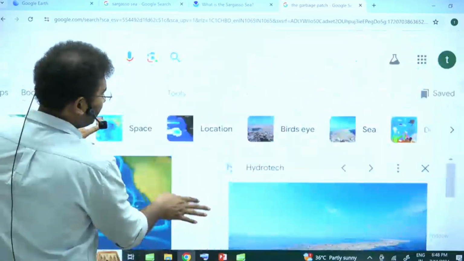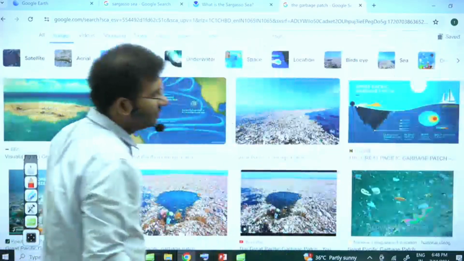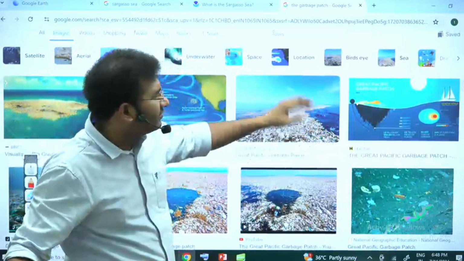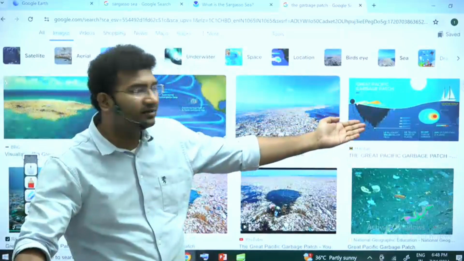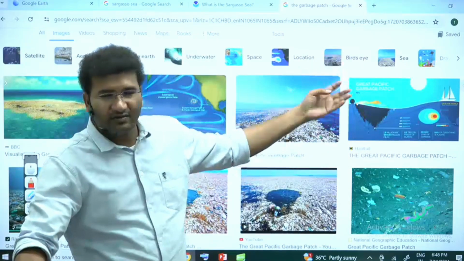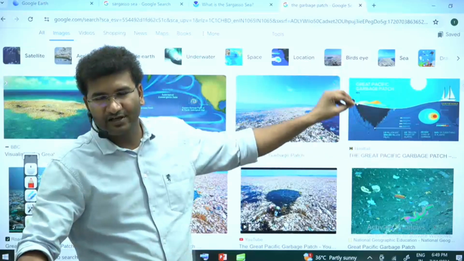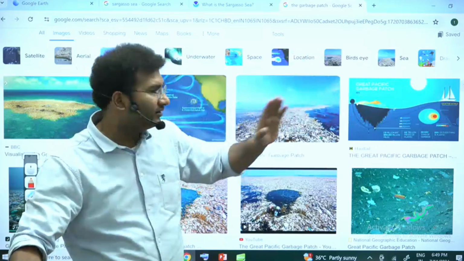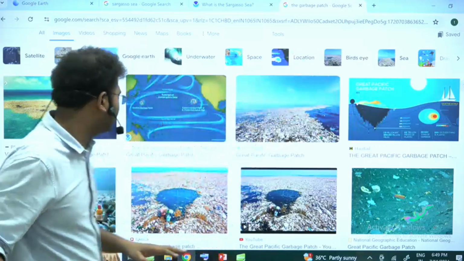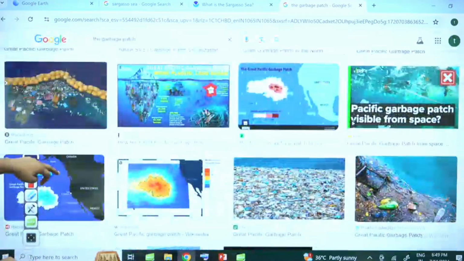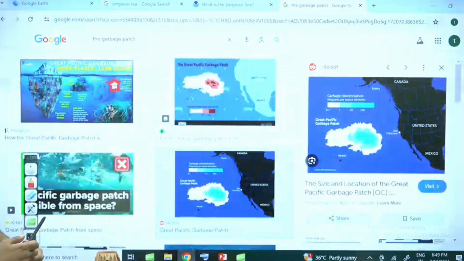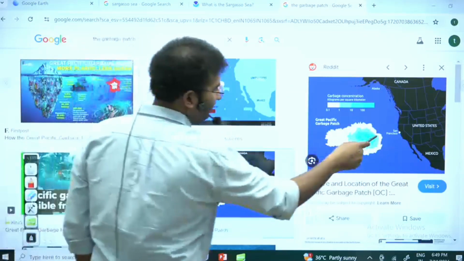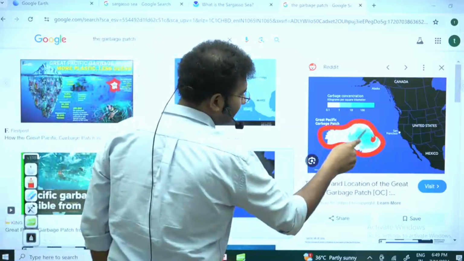And because of this, as usual, you can think of anything that can happen to the entire fishing species. The great garbage patch is very deep inside, full of garbage, water pollution also happens, species death will also be there, pollution is also there. So currently we are trying to work on this. Maybe while writing your answer, you can write about this as an example. Where is it found? It is found in the Pacific Ocean. In the Atlantic Ocean, the Sargasso Sea is considered to be a positive thing. You have to write it in a positive area. So this is the great garbage patch, and see here, this is in comparison to Greenland. So this is the size of the patch.